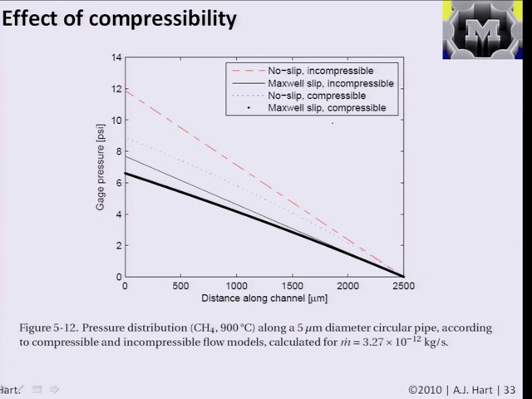And then we apply compressibility, where we have slip flow and compressible flow, we have a further reduction in the pressure drop. So the fact that the gas is compressible and the density changes manifests itself in a further reduction in the pressure drop, and for a particular pressure drop, a difference in the flow rate. So one of the ways this is important